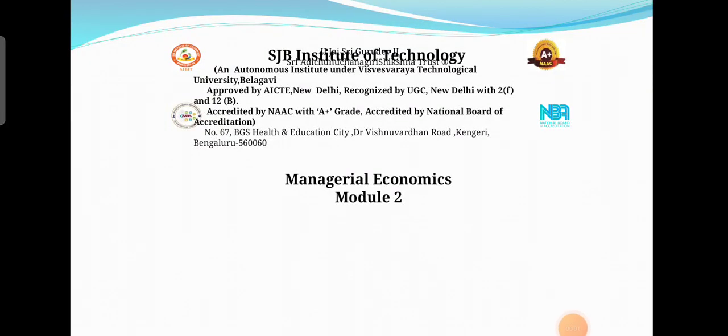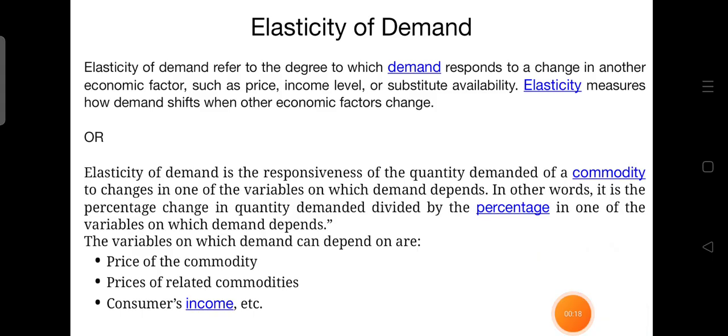Hello everyone. In the last class, I explained the law of demand, and in this video, I'm going to explain the types of demand. I'm going to explain the subtypes of elasticity of demand. Elasticity of demand refers to the degree to which demand responds to the change in another economic